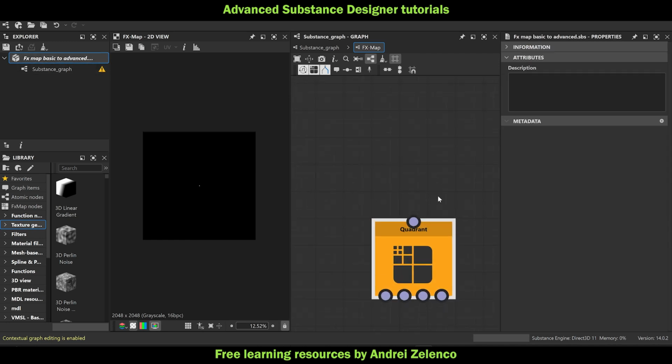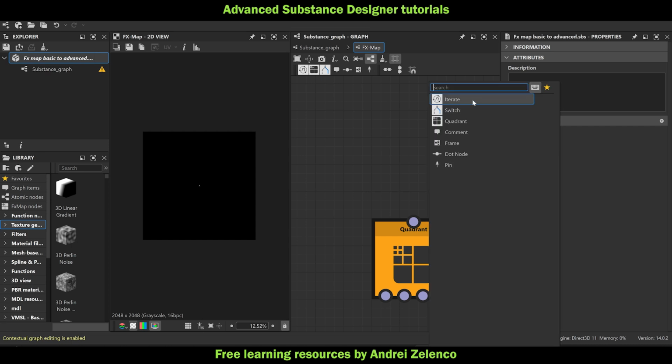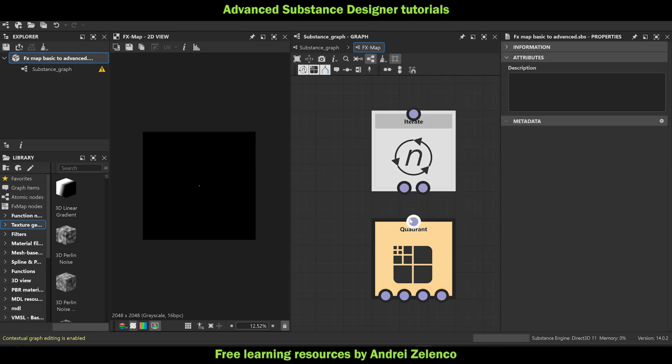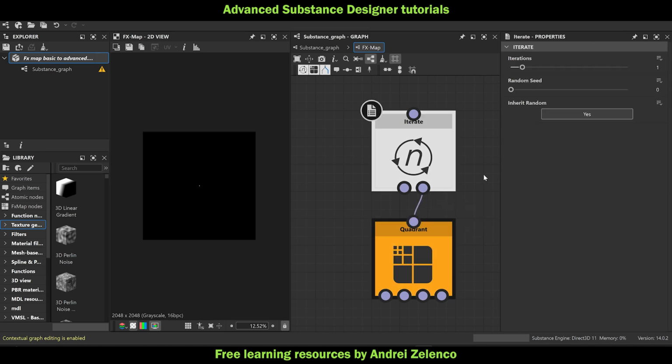And then I will be using an iterate node for this, and we're going to start simple but build from that, and you're going to see how powerful this is and what working procedurally really means. You're going to see the amazing amount of control that you can get by using these ideas and techniques, right? So connecting this,